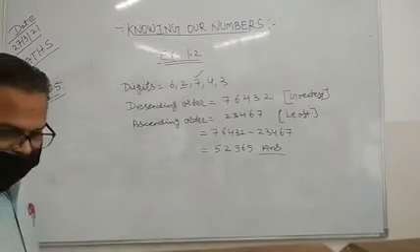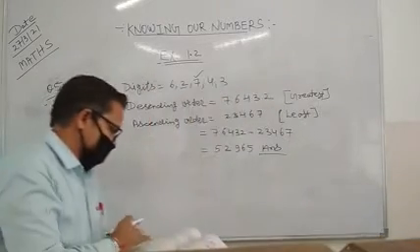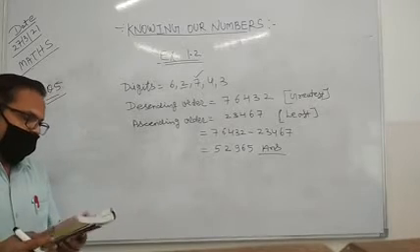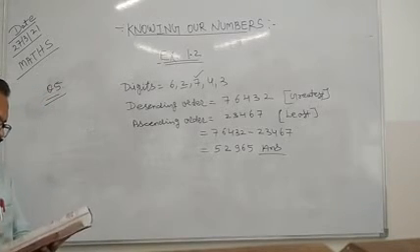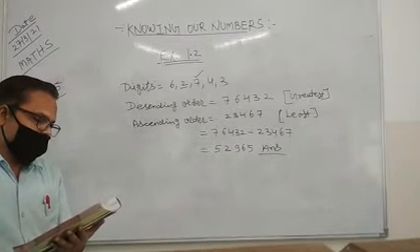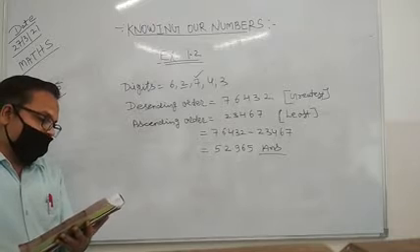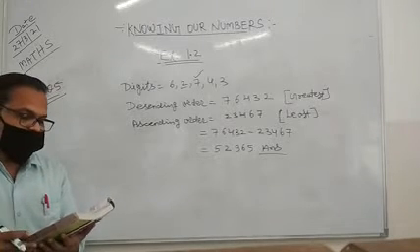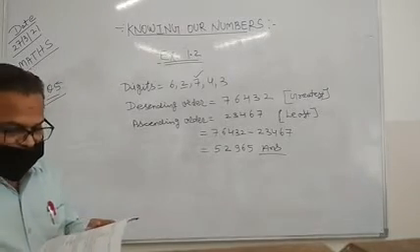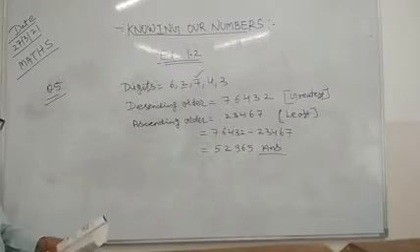Okay, now we will move on to the next question, question number 6. It has given to us a machine on an average manufactures 2,825 screws a day. How many screws did it produce in the month of January 2006? So in a month of January, how many screws have been made?